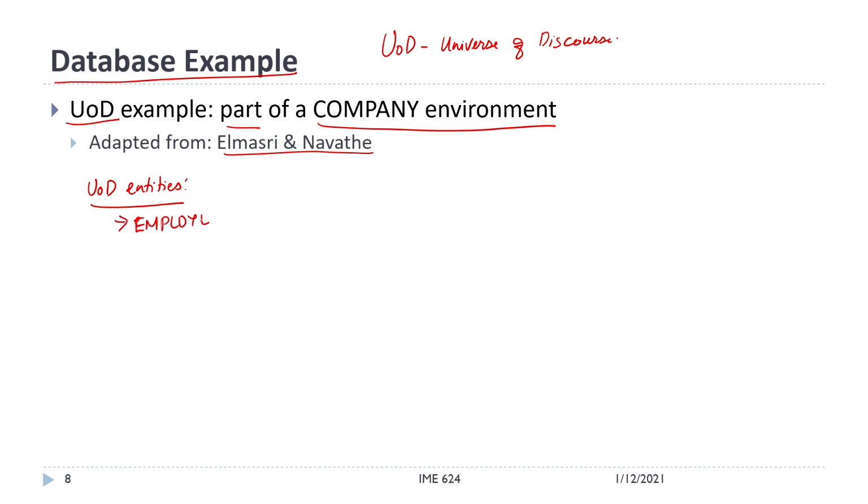employees, okay. Second one is departments, okay. Then projects, okay. Then dependents of employees. Okay. So, these are some of the major entities. Okay. We will talk about what are entities and other things, and